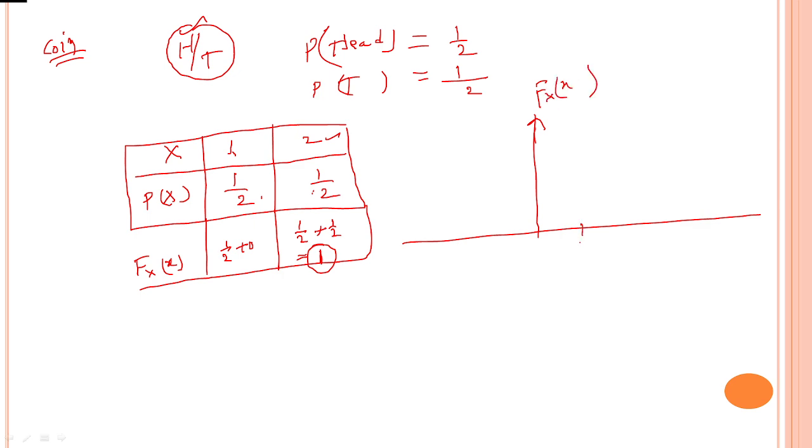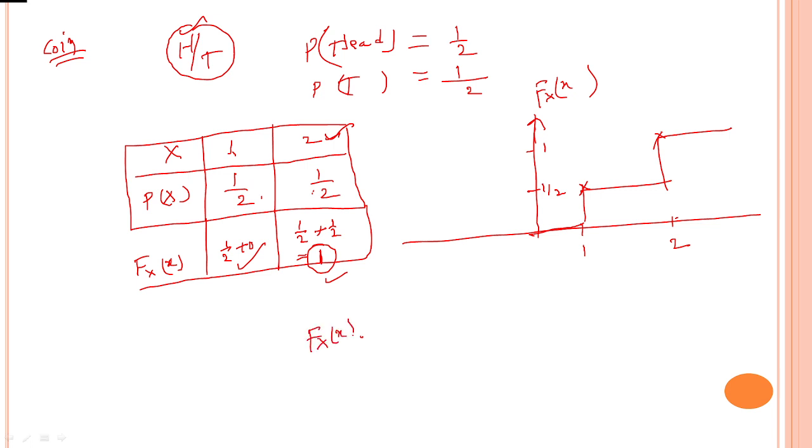So here at 1, what is the distribution? 1 by 2 only. At 1, 1 by 2. At 2, for the second outcome, what is the PDF? 1. So here it is 1. So this is the distribution function. If it is defined graphically, then it is called the probability distribution function, denoted with capital F